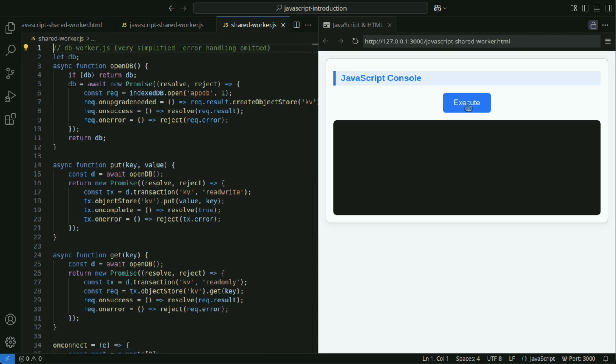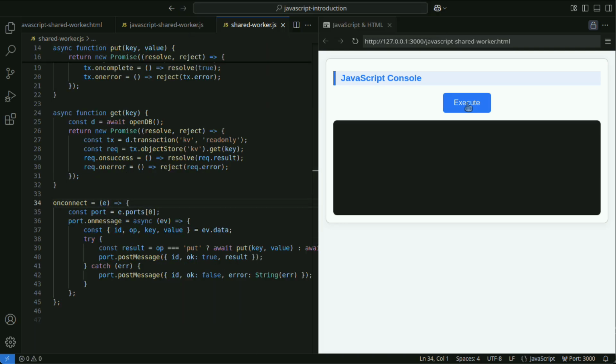This code implements a mechanism where read-write operations to IndexedDB are queued via the shared worker, serializing access from multiple tabs to avoid conflicts and lock contention. If you want to write your shared worker script as an ES module, behavior and support can vary by environment. In practice, it is safer to choose one of the following.